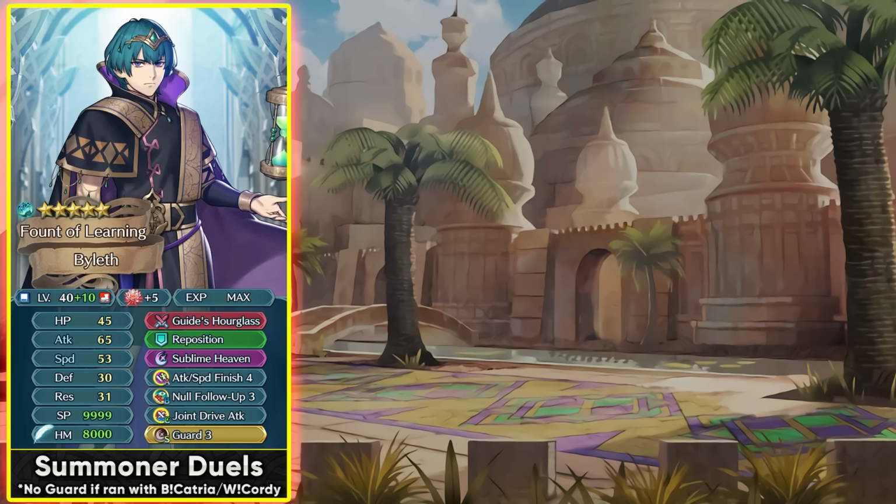So something like this could be run, but if you're going to be running him with Bridal Catria or Winter Cordelia and he can just do the brave hits, then there's no need of running guard skill. You can just stack up some more offenses, and as it says, he's going to be triggering Sublime Heaven on his second hit. It is pretty important to trigger your special on the second hit because the enemies are going